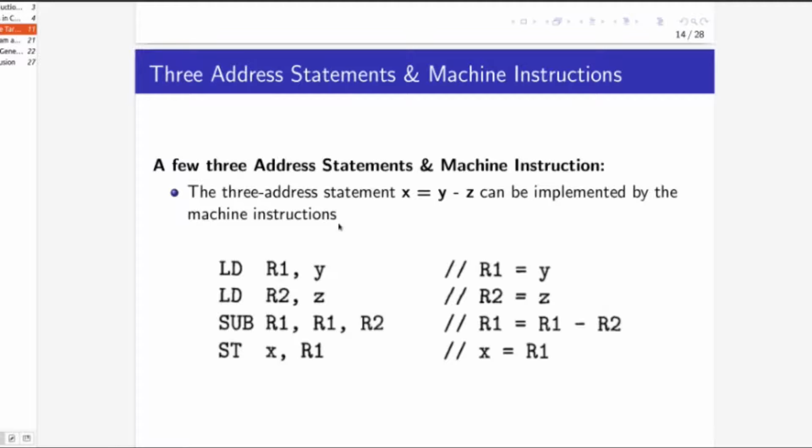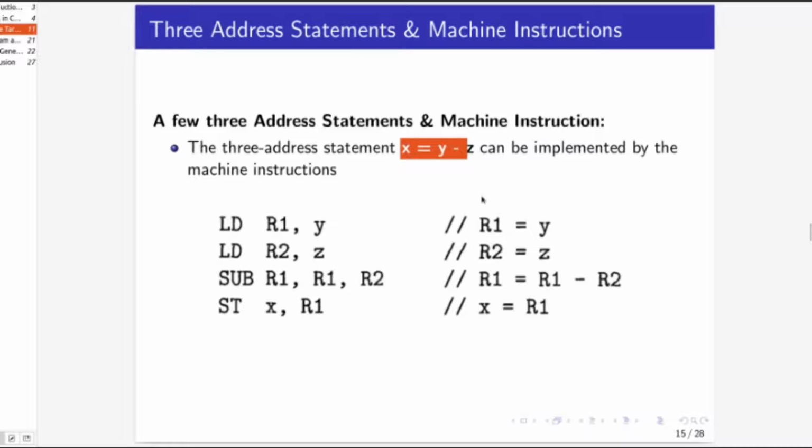A 3-address statement, which we used for 3-address intermediate code generation, and how we will convert it into assembly, that is what we are discussing. For example, x is equal to y minus z is a 3-address code. What we will do is first load the content of y into R1, since y points to a memory location, so take the content and store it into R1.